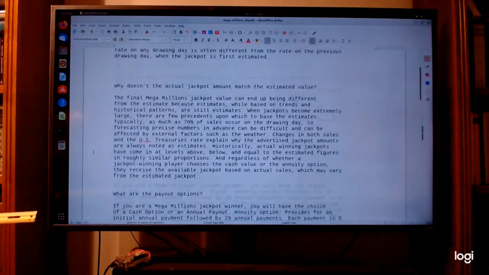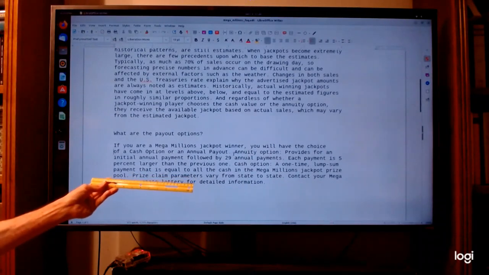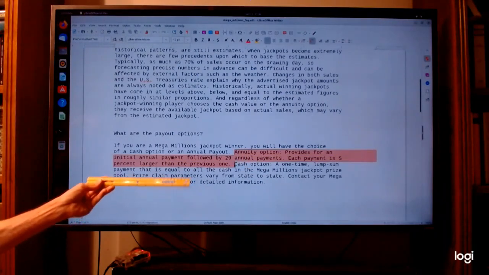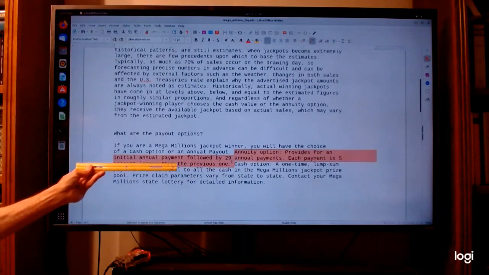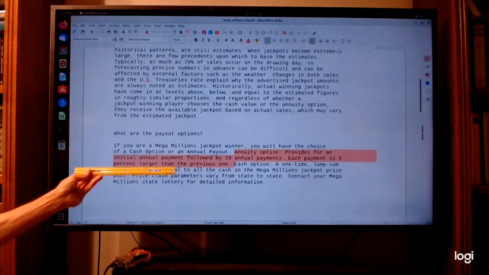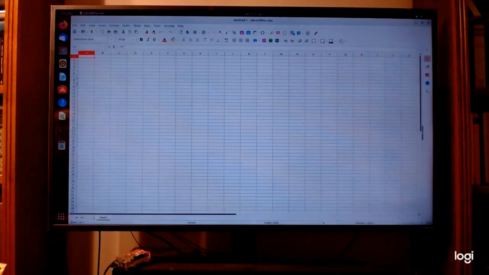Now the options, see, there's the annuity payment option. It's an initial payment followed by 29 annual payments, and each payment is 5% larger than the previous one, and that's the constant growth annuity due. So if we were to get a spreadsheet,